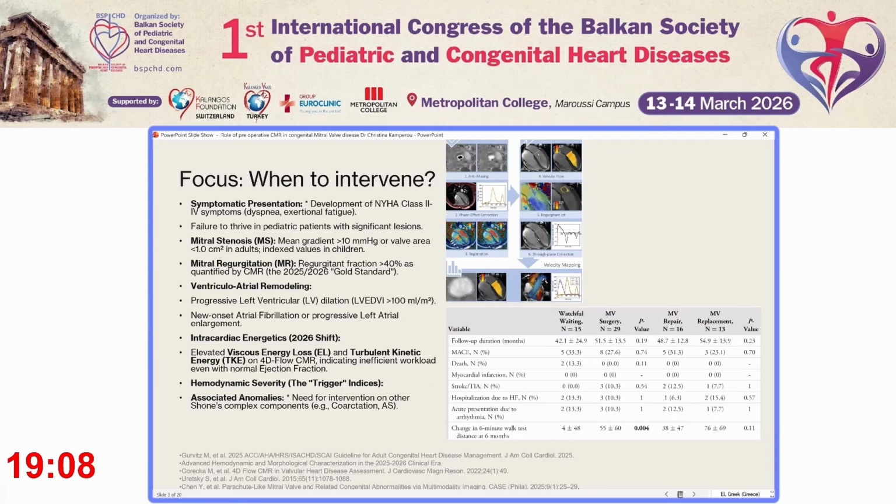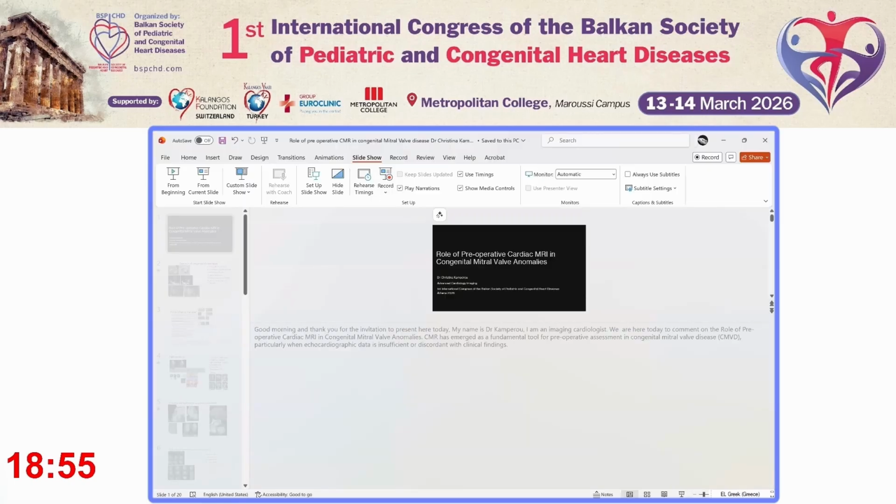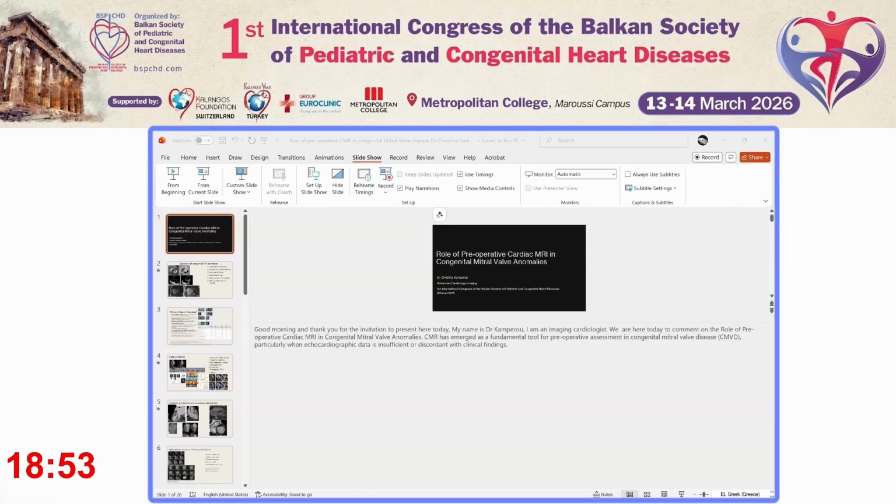The decision to refer for surgery in congenital mitral disease has evolved from purely watching for symptoms to a proactive hemodynamic approach. While symptomatic presentation,